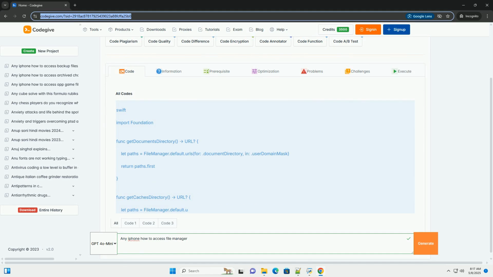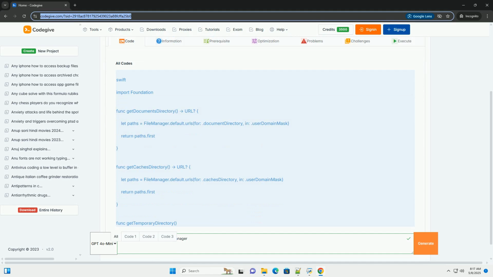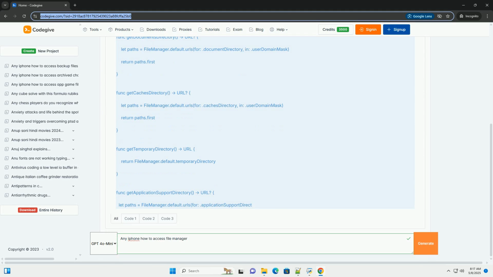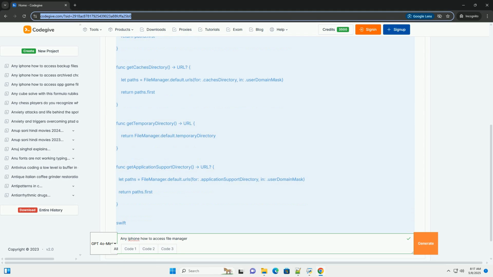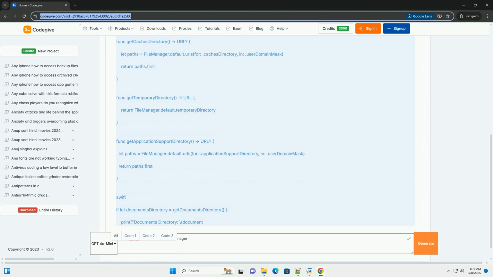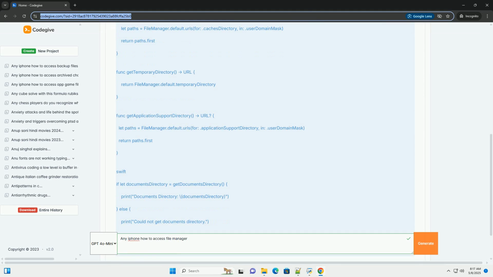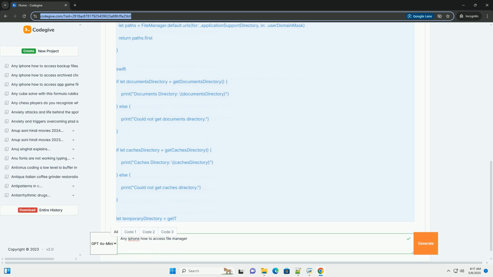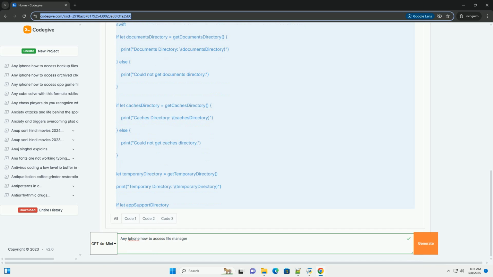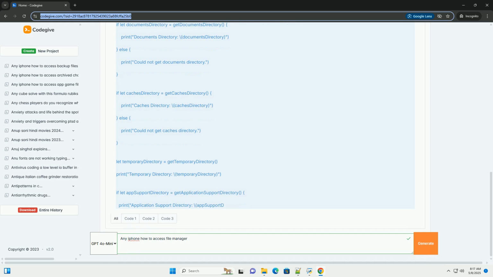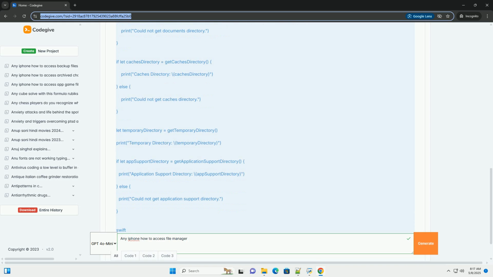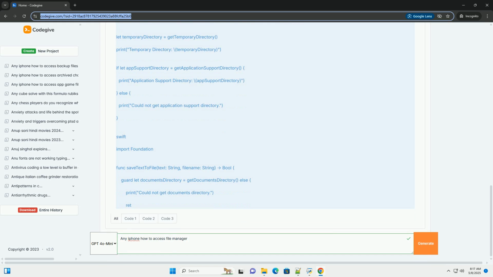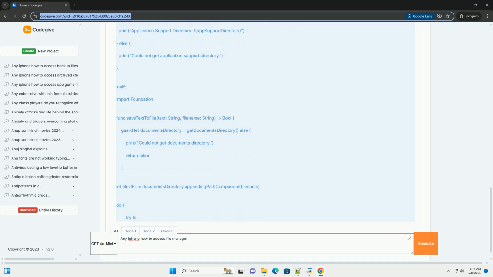Accessing the file manager on iOS, iPhone, with code: a comprehensive guide. Directly accessing and manipulating the entire file system on iOS, like you might on a desktop operating system, is severely restricted due to Apple's security model, sandboxing. However, you can interact with files and directories within your app's sandbox, which provides a secure and isolated environment for your application's data. This tutorial will explore: